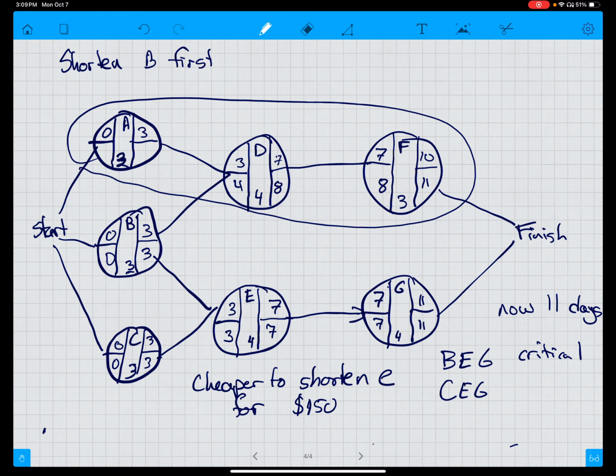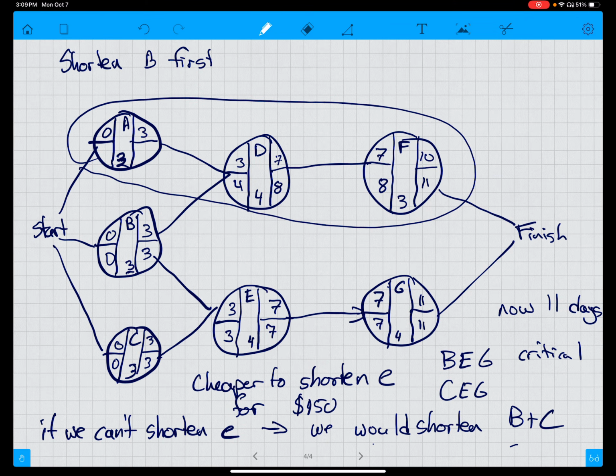So if we can't shorten E, we would shorten B and C because it's cheaper